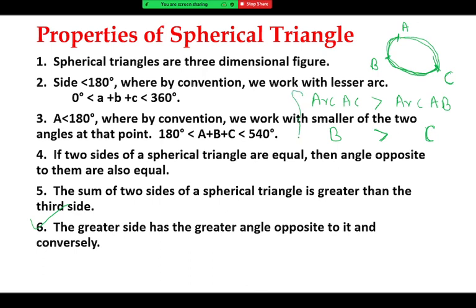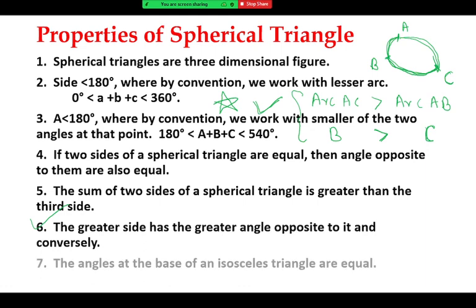That is a property of a triangle, which is the most important property, and you should remember why it is required: in numericals we are going to use this property. Whenever there is ambiguity in selecting the angle, we simply use this property to get the correct angle. When one arc is greater than another arc, the opposite angle should follow the same property, and vice versa. Is it clear?